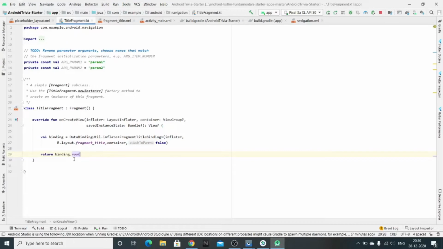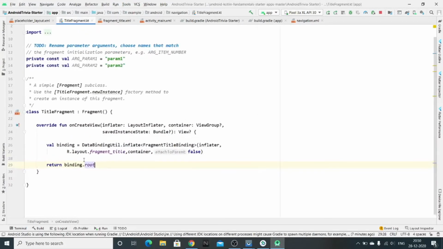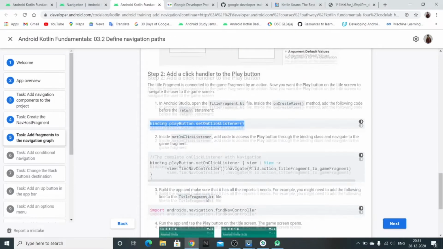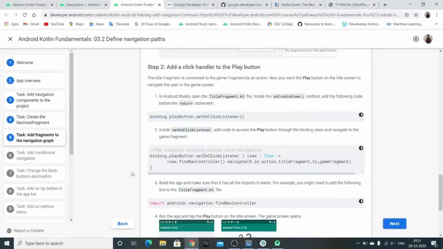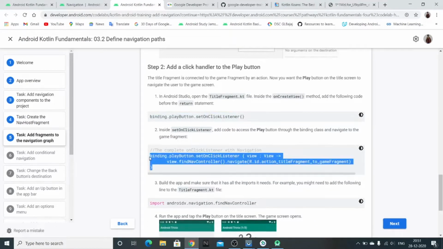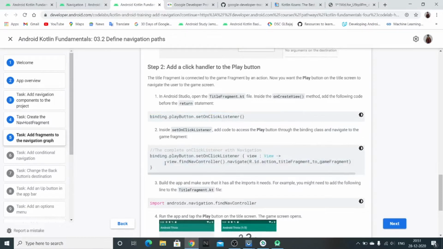Title fragment.kt, here after the binding variable, we'll be adding this on click listener, and then inside the listener, just copy this code, this much only. This view also.